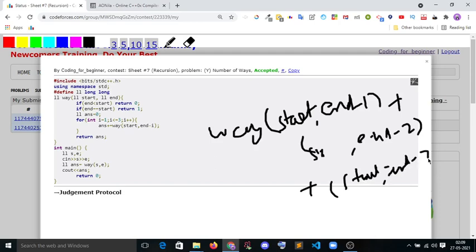You can do this thing. But here the loop is very useful for us. Okay, that's it.